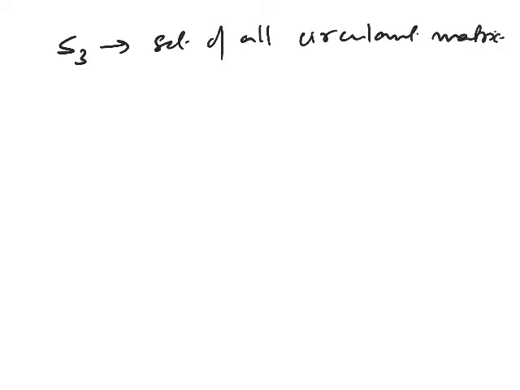Last one. S3 is the set of all circulant matrices. So, how many free variables are there? Only the first row, right? The moment you choose your first row, every other row gets fixed. That is because every other row is obtained by rotating the previous row by one, right? So the number of free variables is,